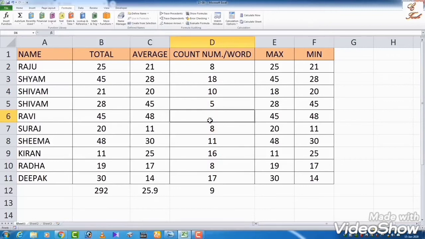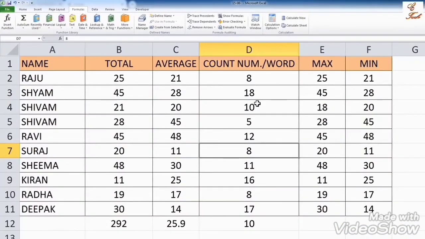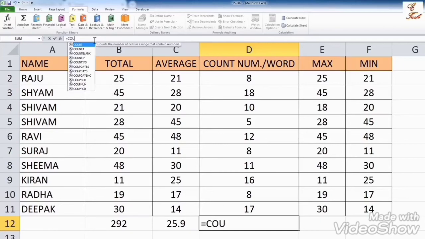But I want to find a particular value, for example 8, then that is also possible there. See properly here, how many times is 8 used? D2, D7 and D10. There are 3 places where 8 is used. I want to calculate that, then I will use the formula equal to countif.